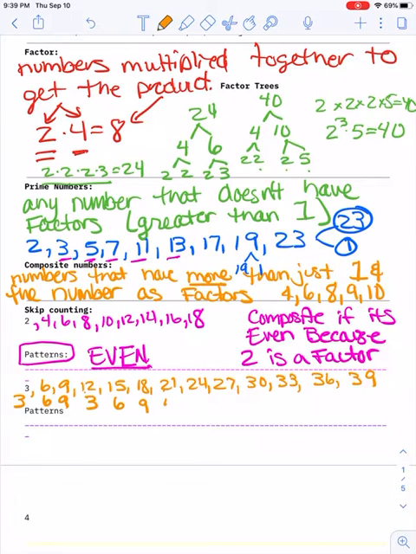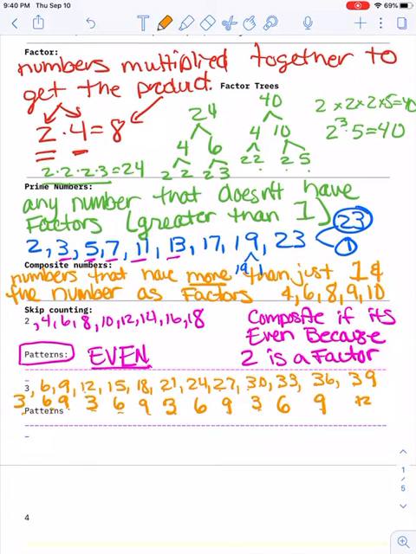2 plus 1 is 3. 2 plus 4 is 6. 2 plus 7 is 9. 3 plus 0 is 3. 3 plus 3 is 6. 3 plus 6 is 9. And 9 plus 3 is 12. So let's look at these. Up until this point of 12, these numbers are 3, 6, 9, 3, 6, 9, 3, 6, 9, 3, 6, 9,